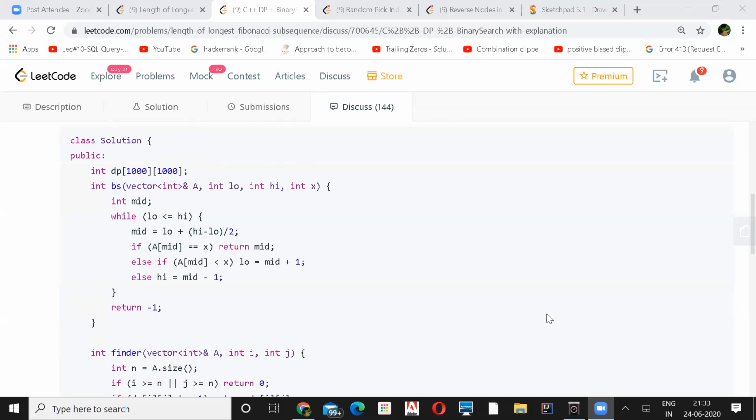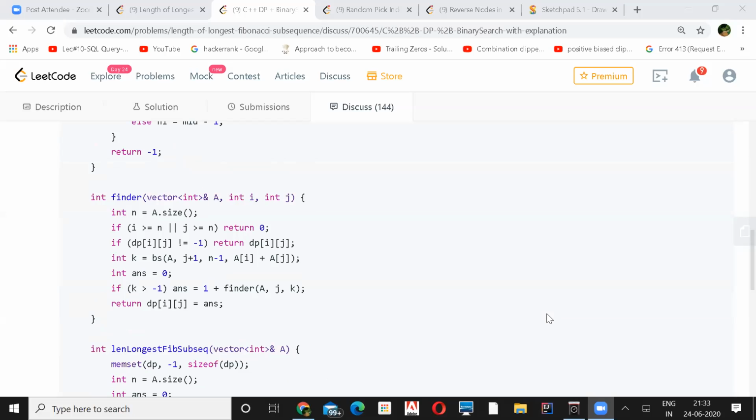So the BS is a binary search, and then in the finder, it has to use DP somewhere, because at least the memo is there. Yes, it has used DP. It has used recursion, and then does the binary search if it is not finding the answer in the DP table. So you have to use a combination of DP and binary search.